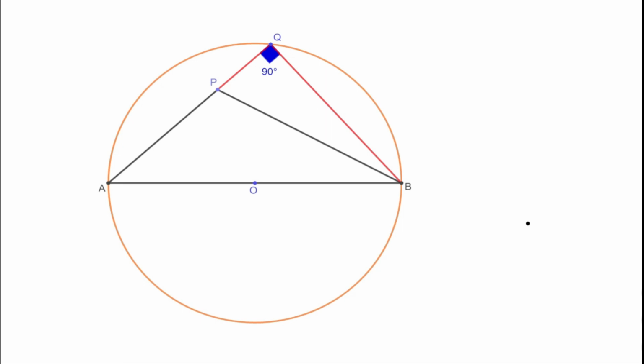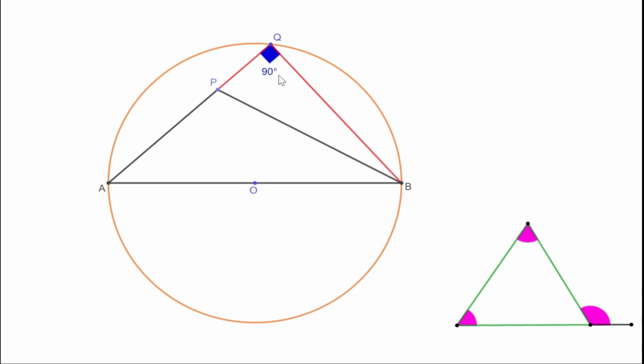Now let us consider a triangle and extend any one side like this. Then a new angle is formed. It is called outer angle. And all these three angles are inner angles or interior angles. These two angles are away from this angle. They are called interior remote angles. And in 8th standard, we have studied that outer angle is equal to sum of the interior remote angles, or this angle is equal to sum of these two angles.